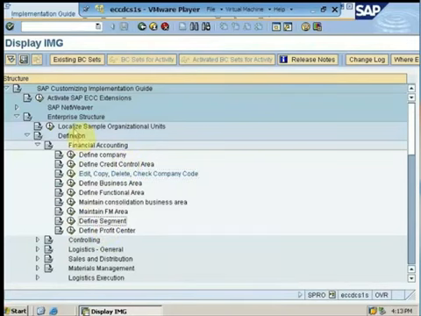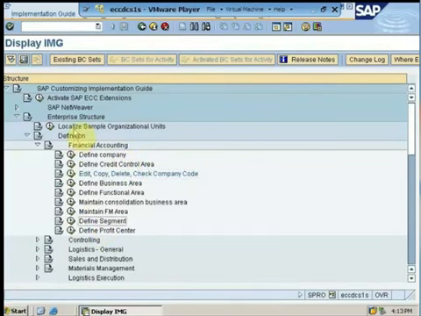Moving on to our next topic, which is the variant principle. Now the concept of variant principle is that any property which can be assigned to one or more company codes is known as a variant. Now a variant always has 3 steps: number 1, you have to define a variant, number 2, you have to configure a variant, and number 3, you assign the variant to your company code.